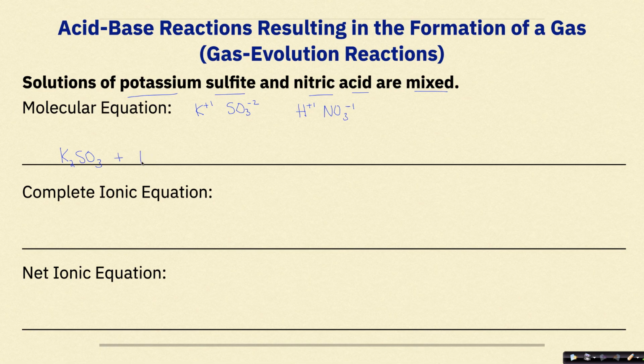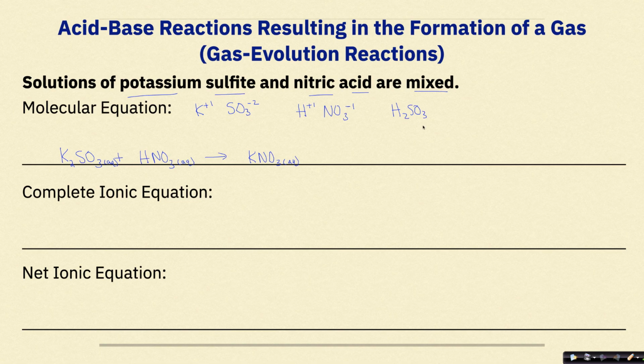So that's just going to be HNO3. Again, both of these are aqueous because they're saying solutions of, yields. The K plus 1 and the NO3 minus 1 are going to come together to form potassium nitrate, KNO3 aqueous. And then we have the H plus 1 and the SO3 minus 2. And when we look at that, we know that's going to form the formula